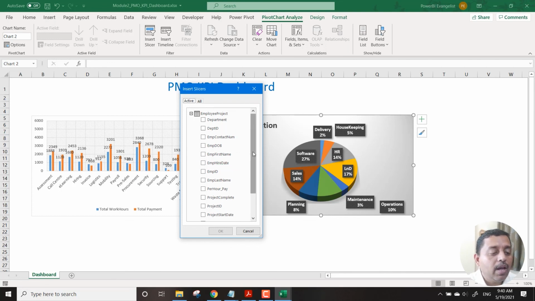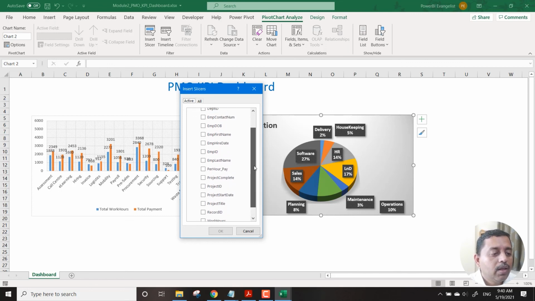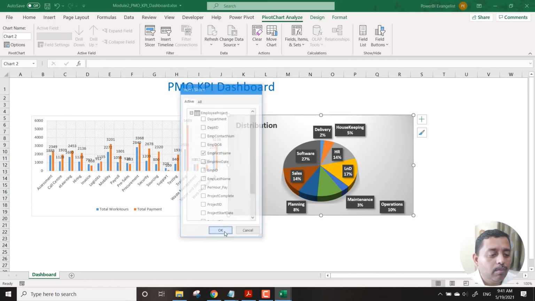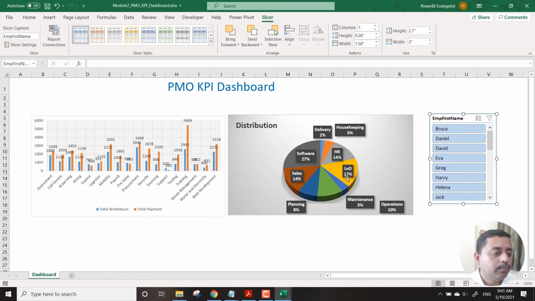So, we have the department and we have taken the project. Both the things we have worked over here. So let's say I want to now look into the names of the employees who are working on these projects. So this is one part. So the employee names. So I have all the employees.